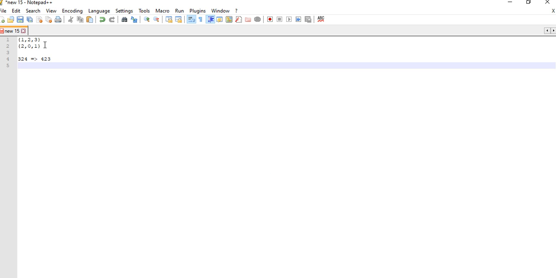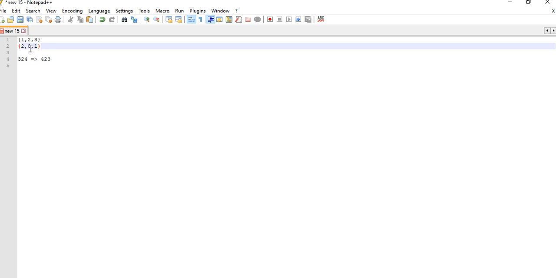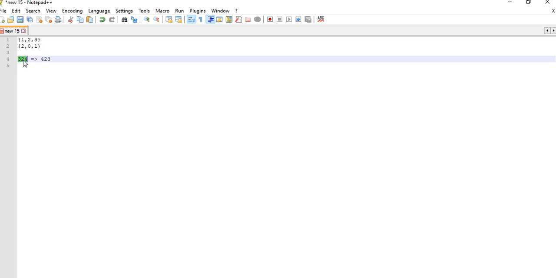So let's say we have two arrays. In one array we have the integers 1, 2 and 3 as a number. We have three numbers in one array, and in another array we have another three numbers. If you add these two arrays as numbers, 3 plus 1 equals 4, 2 plus 2 equals 4, 2 plus 1 equals 3, that is 324. Then we need to reverse it, so our final outcome will be this one.